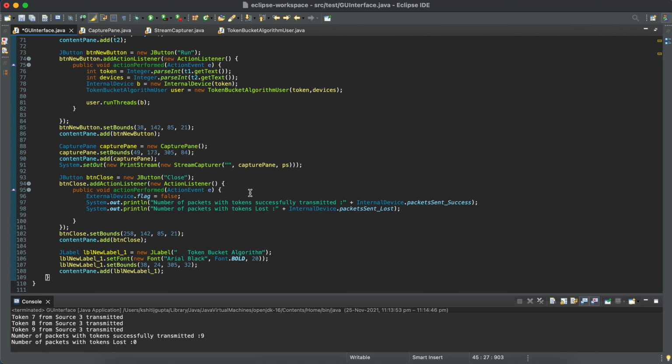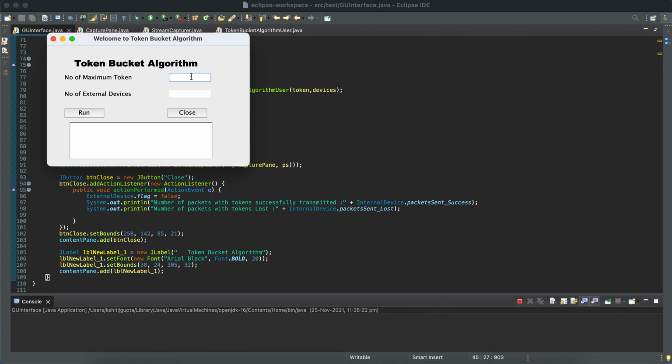So now I'll show you a simulation of this particular program. Firstly, when I run it, this GUI interface is showing. It takes input of the two variables, number of maximum tokens and number of external devices.